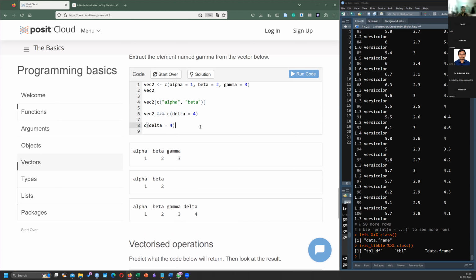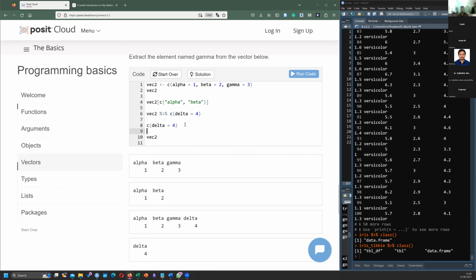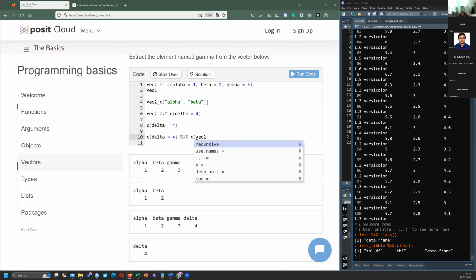See, this is nothing but delta equals 4. This is what we'll get. But to this, if I say concatenate, what will happen?